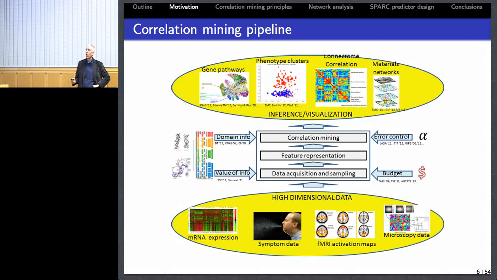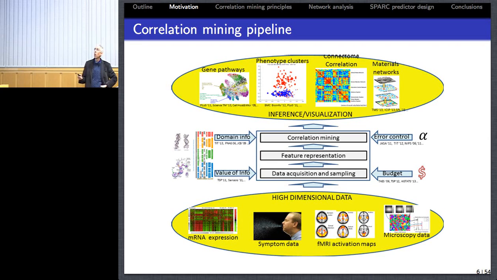And there's a value of a particular form of information for the particular type of inference you're trying to do. And then you extract features, you do your correlation mining to find correlations between features that could be associated with different genes or different symptoms, different locations in a functional MRI connectome study. And then you form visualizations or inferences,